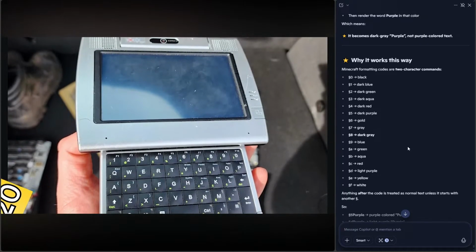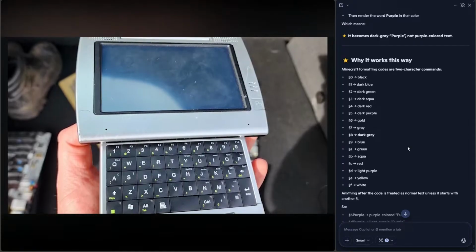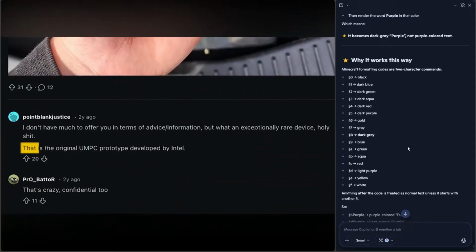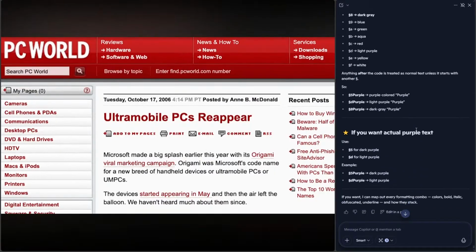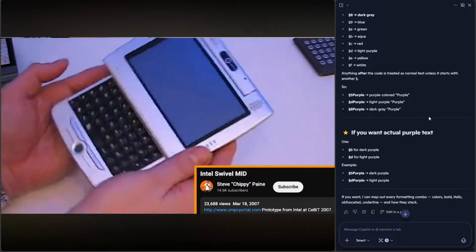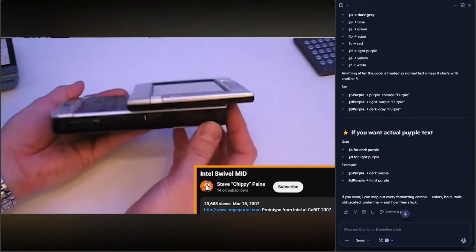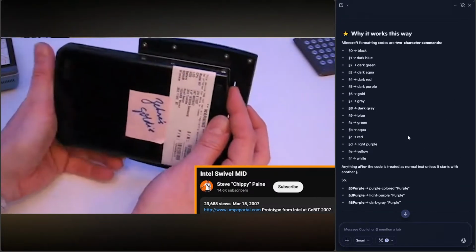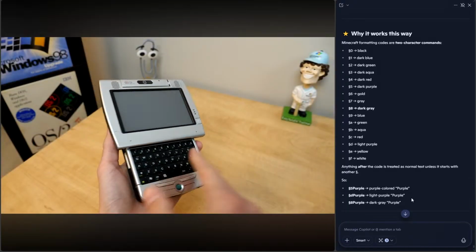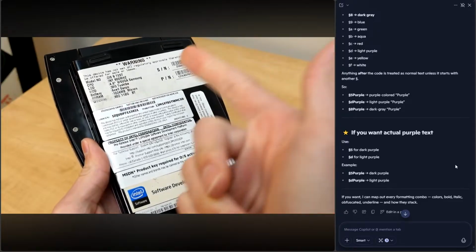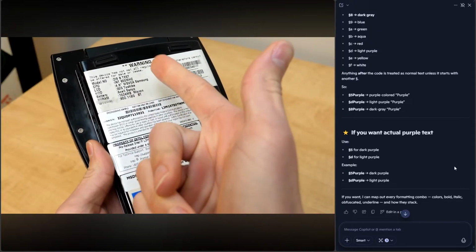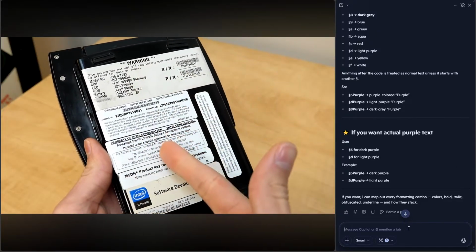And it seemed to really surprise people in the subreddit, with one person replying that this is the original UMPC prototype developed by Intel that was written about in the tech press and shown off at trade shows to demonstrate this new ultra-mobile PC standard. And naturally, with this being a prototype, it's got a whole bunch of stickers just slapped on the back here. So we've got the device specifications up here, as well as a model number, and it also identifies itself as